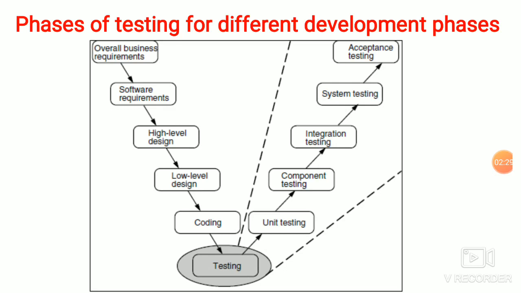You can see the diagram. In this diagram, it describes the different types of testing that apply to each of the phases. The testing phase is divided into different sub-steps called acceptance testing, system testing, integration testing, component testing and unit testing. To begin with, for overall business requirements, eventually whatever software is developed should fit into and work in this overall context and should be accepted by the end users in their environment. This testing is called acceptance testing.